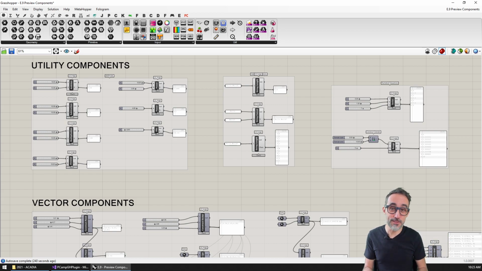Hello, this is Jose Luis here at Parametric Camp, and welcome to another video in this series, Advanced Development in Grasshopper, where I would like to take a closer look at how to handle data structures when we are developing native plugins in Grasshopper. Because as you already know from previous videos, Grasshopper allows you to work with individual points